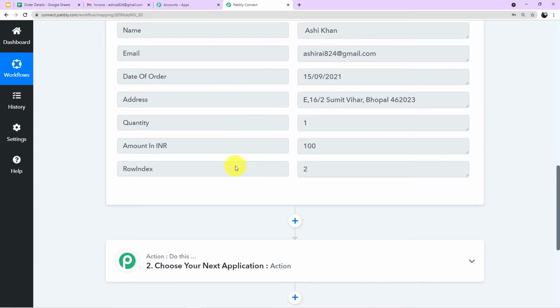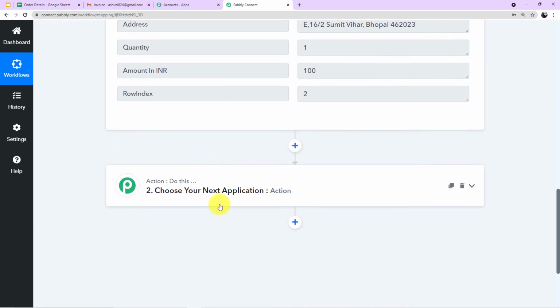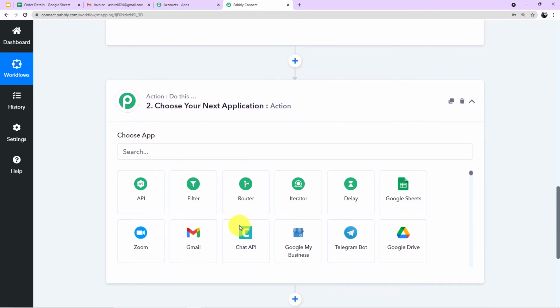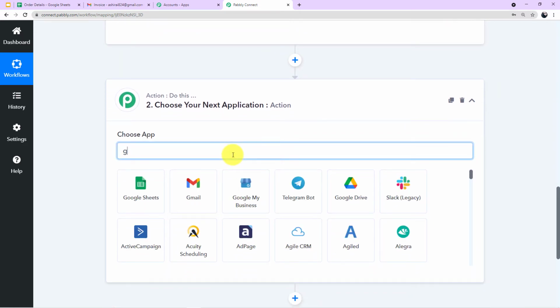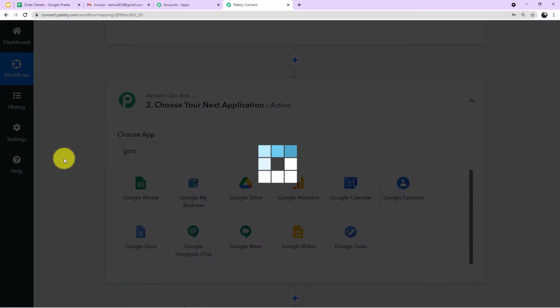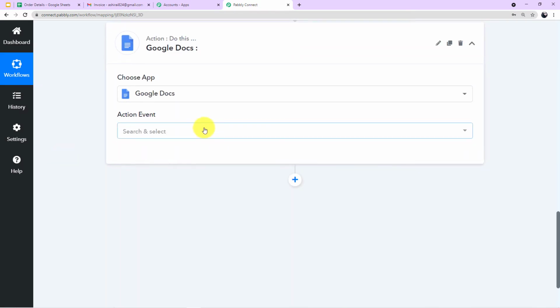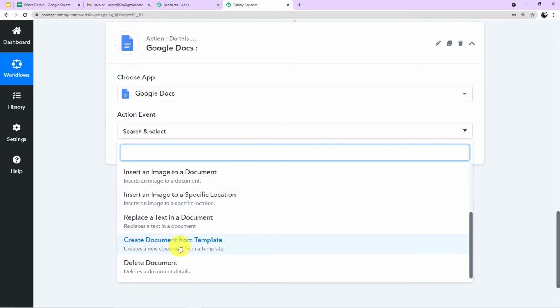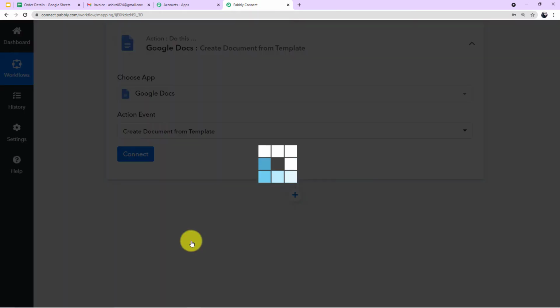Alright, after this, click on this action window, and from the choose app, you have to choose the application as Google Docs. You will find Google Docs here. This is Google Docs, and in the action event, you have to select create document from template, this option, create document from template,